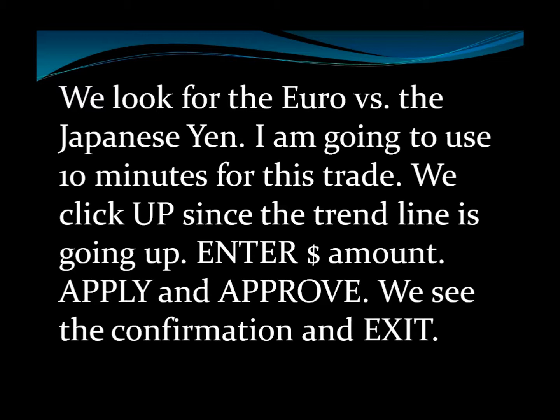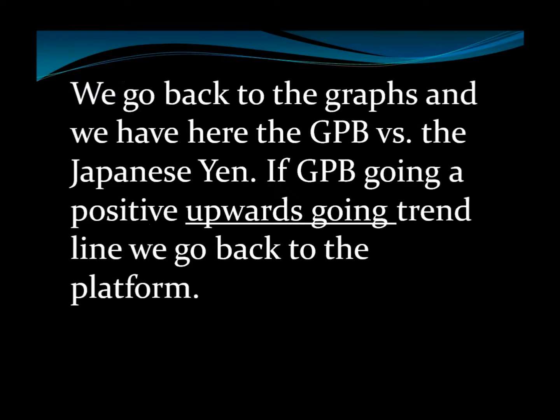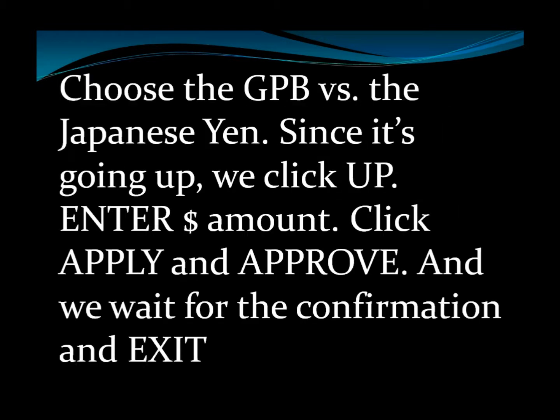We see the confirmation and exit. We go back to the graphs and we have here the JPP versus the Japanese yen. If the JPP is going positive, upwards going trend line, we go back to the platform, choose the JPP versus the Japanese yen. Since it's going up, we click up, enter dollars amount, click apply and approve, and we wait for